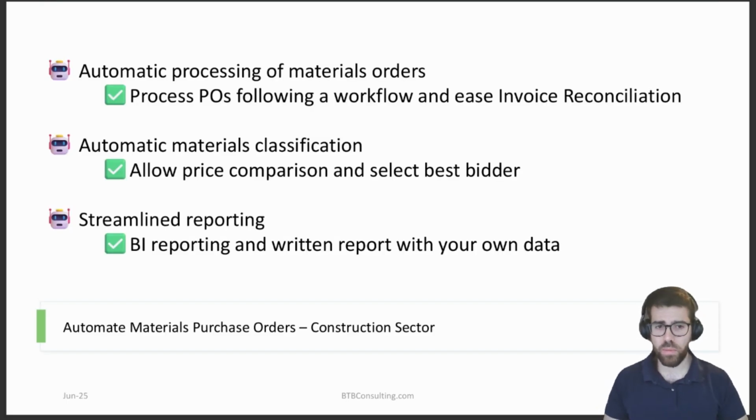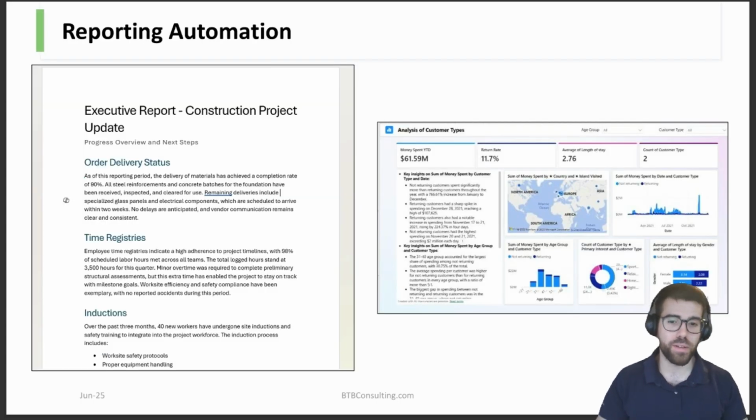And also the AI is crucial for streamlining the reporting, not only the business intelligence reporting with, of course, Power BI, but also giving executive reports in table format in Word documents with the newest agent capabilities. This part is still in process, but what we are starting to achieve is getting all the information from the orders and other associated data from the other processes that we've been automating with the client. For example, the induction process, time registries from the people that go to site and work there, etc.